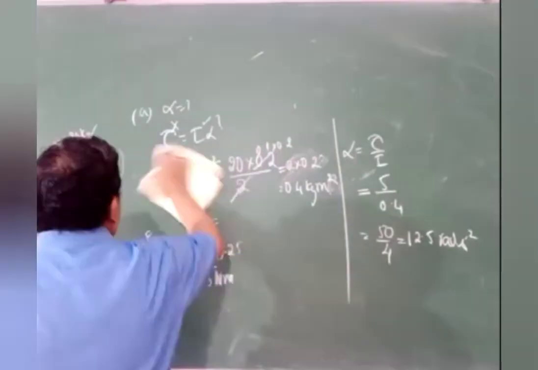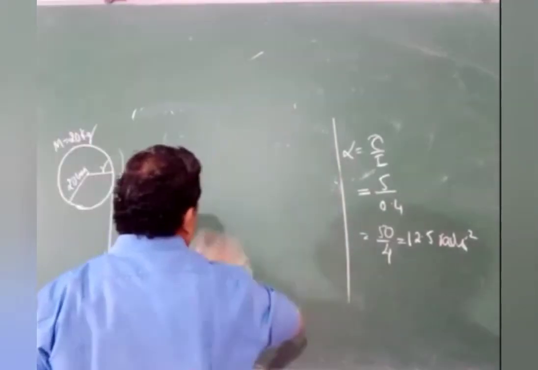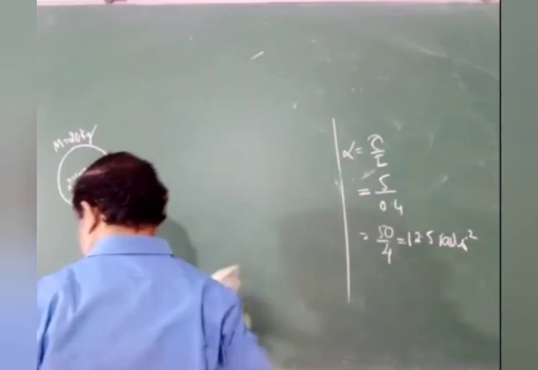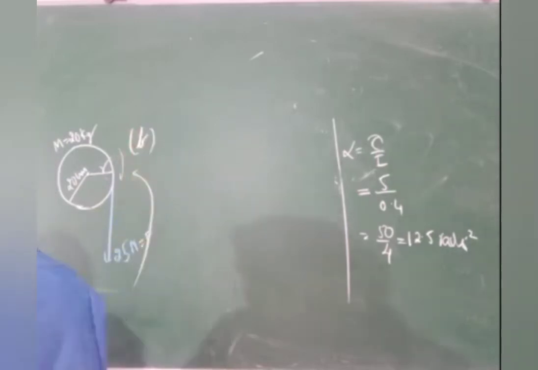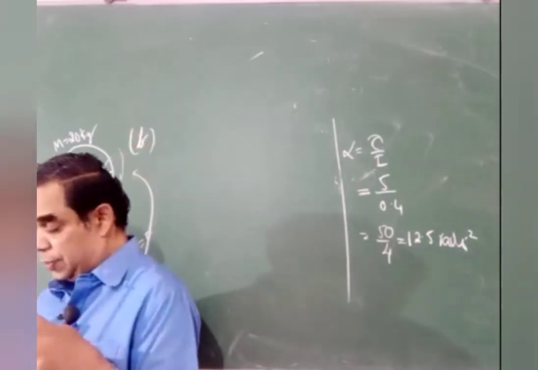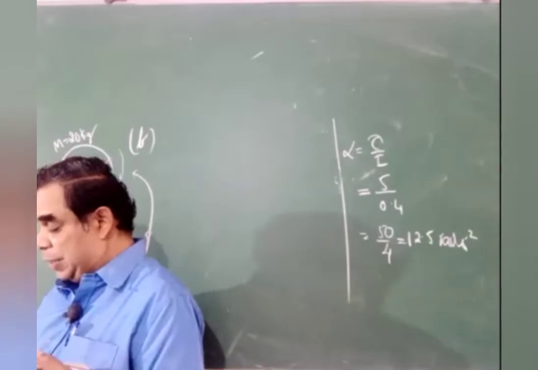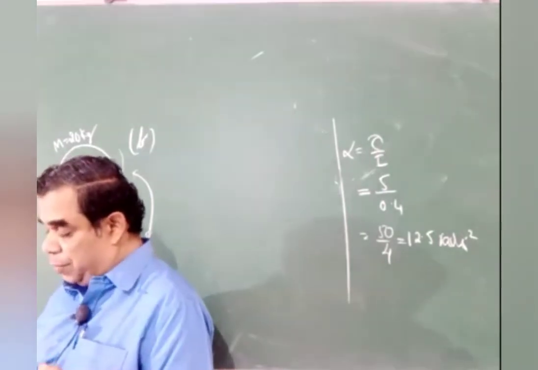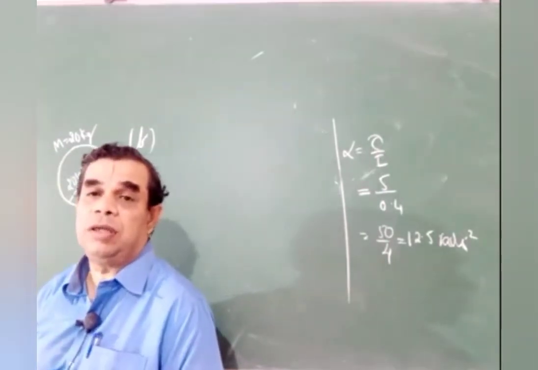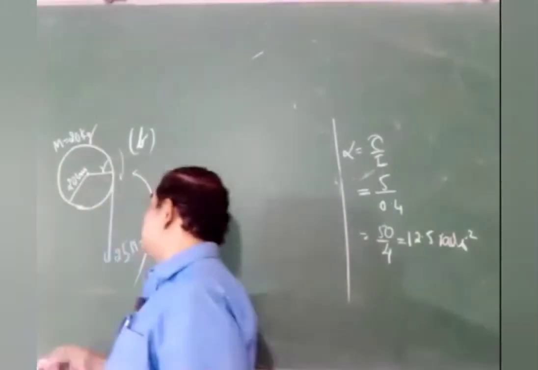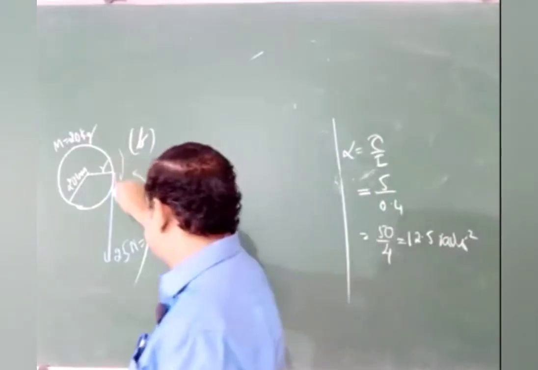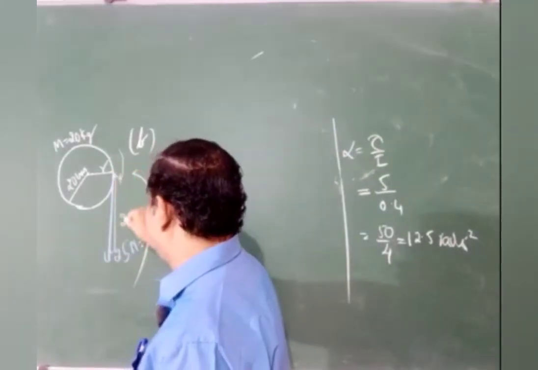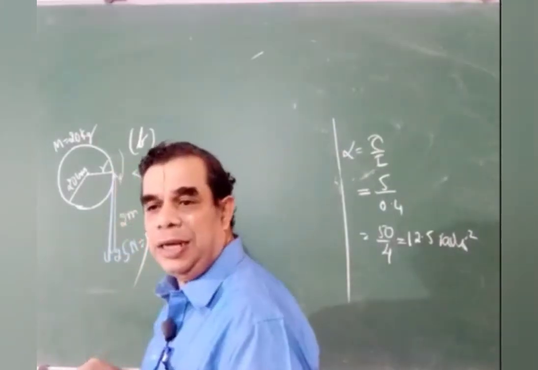Write down this. Part B, I want to start now. What is asked there in part B? We read. Find the work done by the pull when 2 meter of cord is unwound. 2 meter of cord means, say we start from 0 here, and this length becomes 2 meter. What is the work done they are asking?